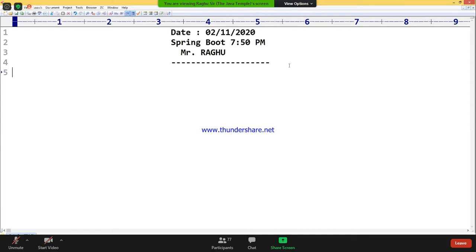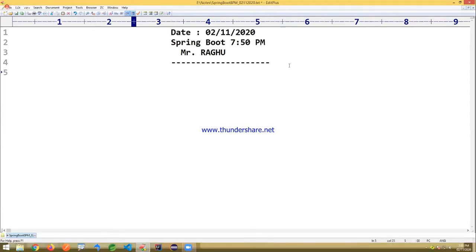Today we are going to see Spring Boot batch processing. One example, which is mostly asked in interviews, is converting the data from a CSV file, which is comma separated values, to any database. That's actually CSV file to any database that we are trying to convert the data here.